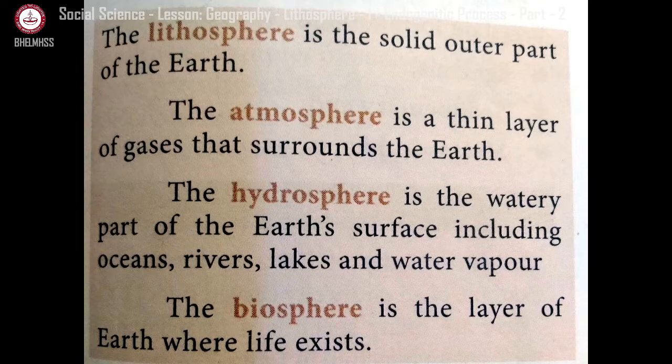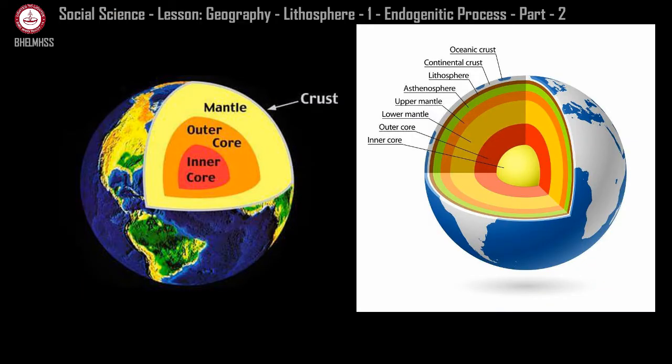biosphere. And about the structure of the earth, we have three things. Crust is the outermost part of the earth where we live, animals live, trees live, oceans are present, all those things come under crust. Crust is just 5 to 30 kilometers deep, and it has two types: continental crust and oceanic crust, and it has two main elements called silica and aluminium.